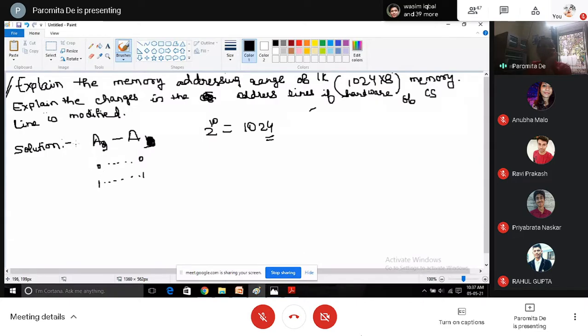Okay. Now I have lines that is A10, A11, A12 up till A15. Okay. I'm having till A15 here. So then this will enable, this is the hardware part, from here, A10 to A15. I will have to give different combinations of this A10 to A15 to get the chip select.